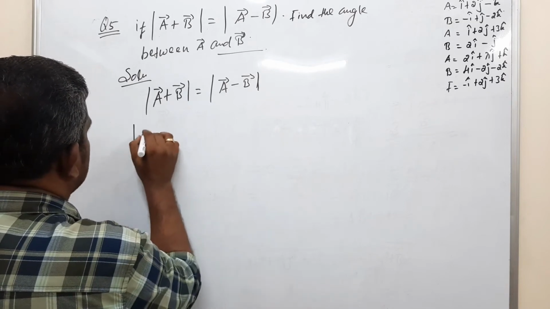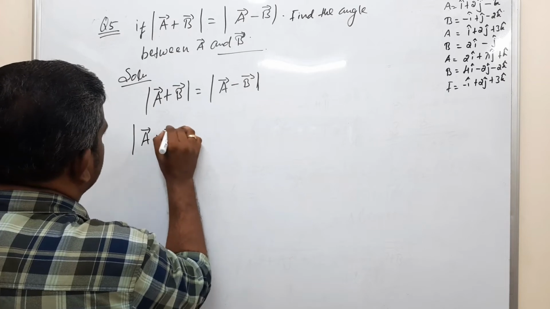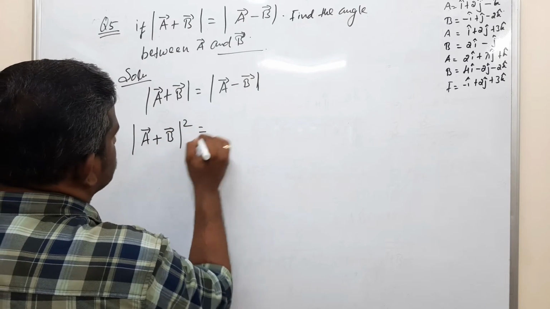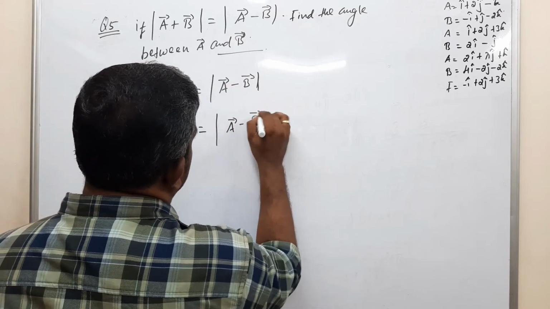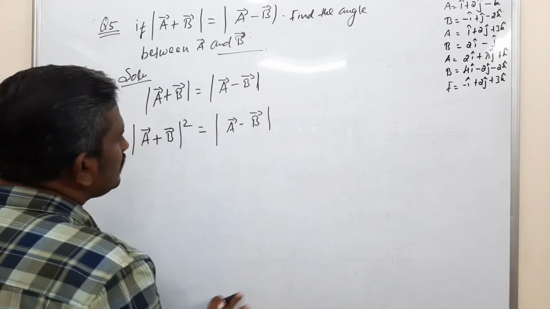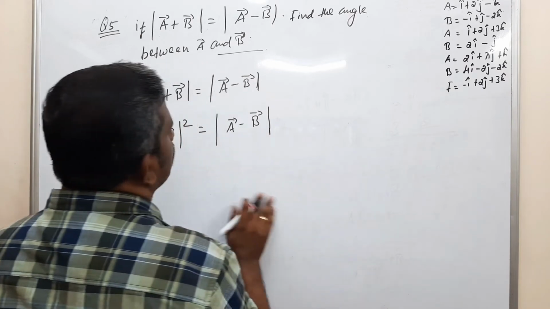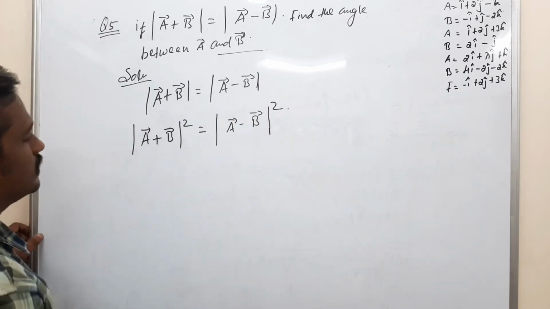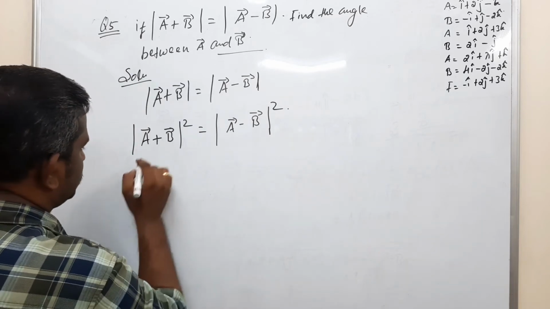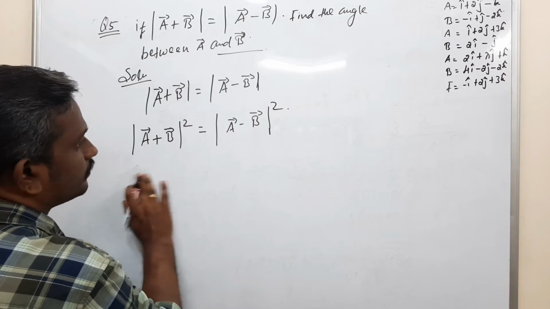So modulus of A vector plus B vector square is equal to modulus of A vector minus B vector square. So that we can write modulus of